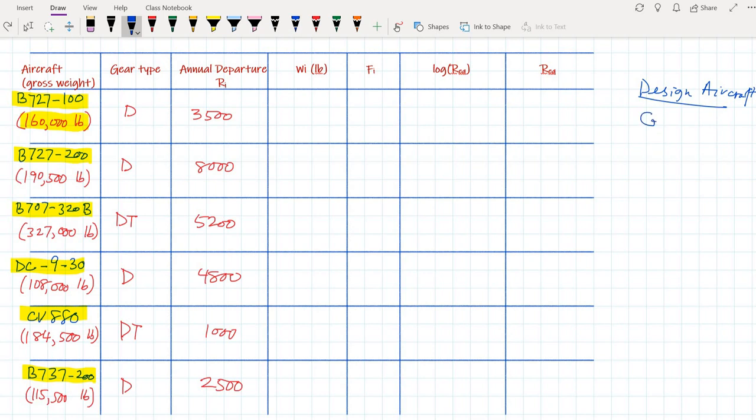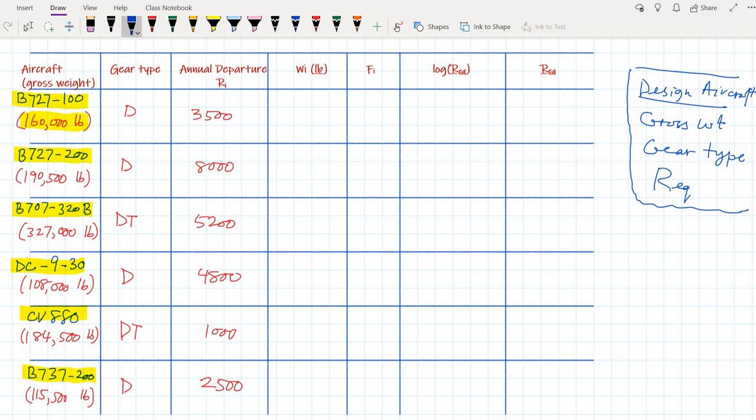What is the gross load or gross weight, what is the gear type of this aircraft, and the third thing is what are the equivalent departures in terms of this aircraft. So we have to find out these three things. Okay, let's start. The first step is to find out the wheel load, or the load which is acting